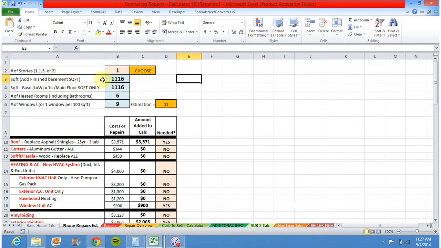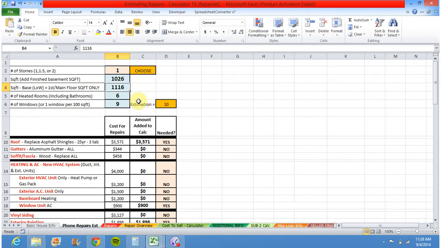Now anything that's light blue is ones that you fill out. You actually will fill this out, so you can change it. You double click it and put, if the house is 1026 square feet, then you put 1026 square feet. Also, the base square footage, this means if a house is 5 stories tall, but we just really are looking for what's